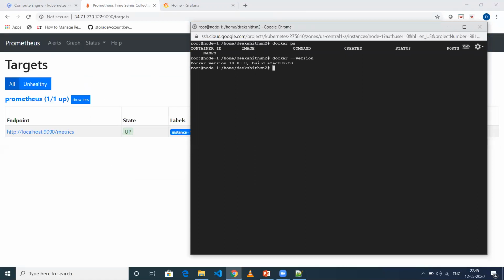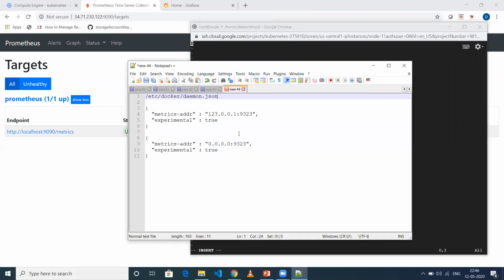The daemon.json file will be in /etc/docker/daemon.json, and if the file is not there, you need to create it. When I open this, it is a vi editor. I have already copied the configuration in my notepad, and I've verified it.